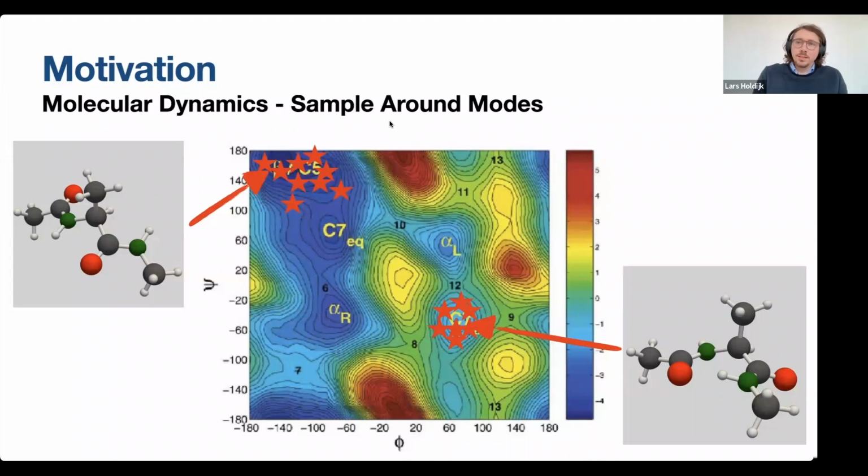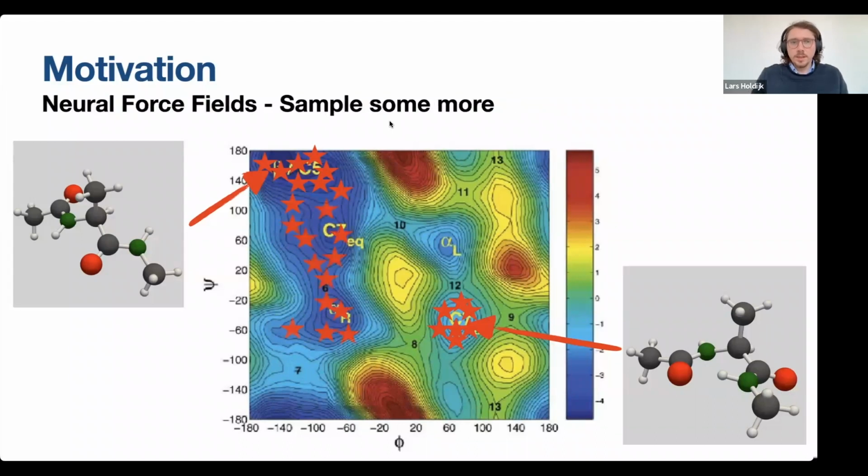So machine learning has considered how to further develop molecular dynamics to increase its sampling range. And it's in the form of neural force fields, where we can sample a wider range of this free energy landscape, which is great, but it's still not enough when we consider some